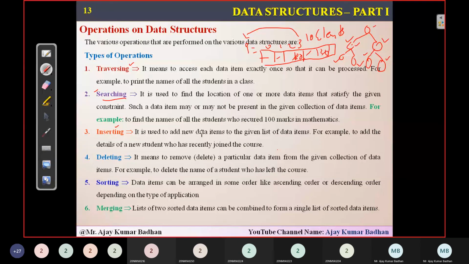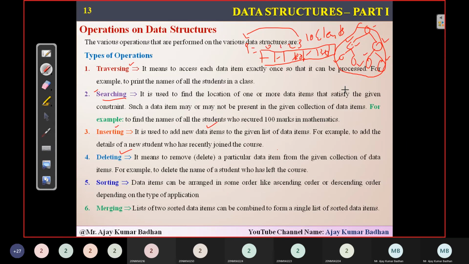Deleting, I think you can understand, is simply removing an element. So within this array, I want to remove an element. It is not possible with arrays; it is complicated. But within a tree, yes, it is possible. Within a linked list, yes, it is possible to delete elements, either from the beginning, from the ending, or from the middle. That is the best part.